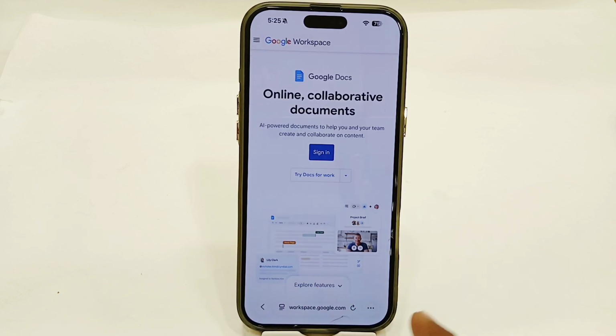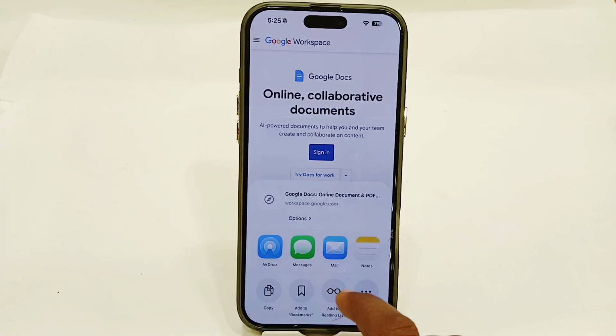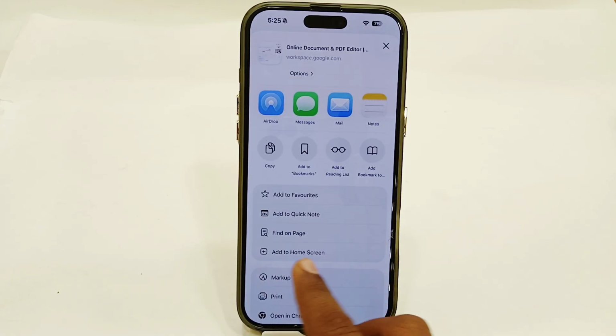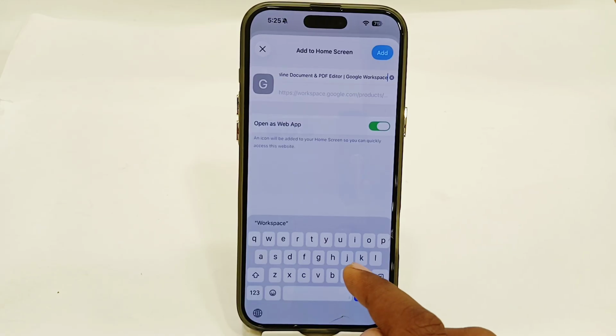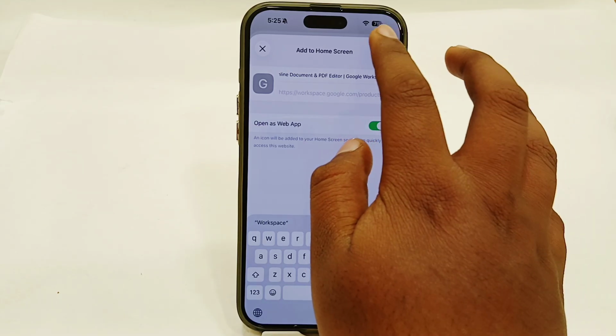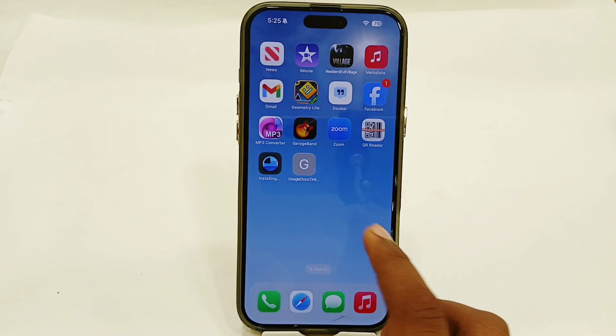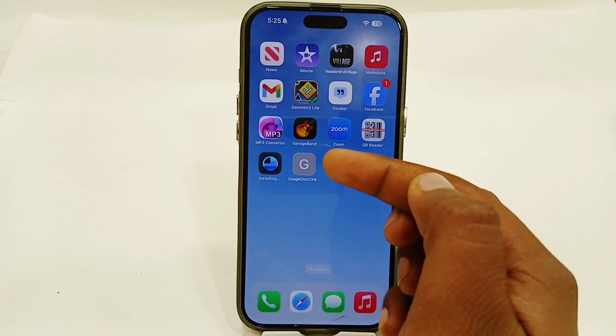here first, and here tap on these three dots, then tap on the share option here, scroll up, look for the add to home screen option and select that. Then tap on add. And once you have done, your Google Docs app will be successfully added to your home